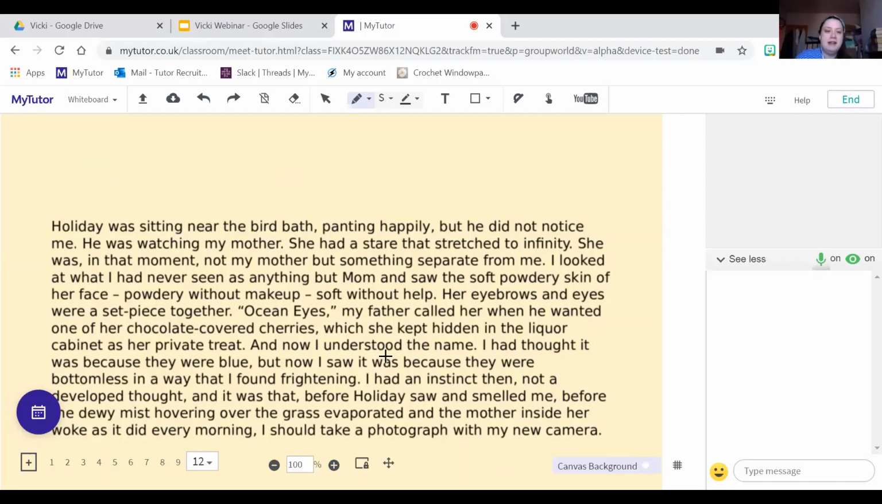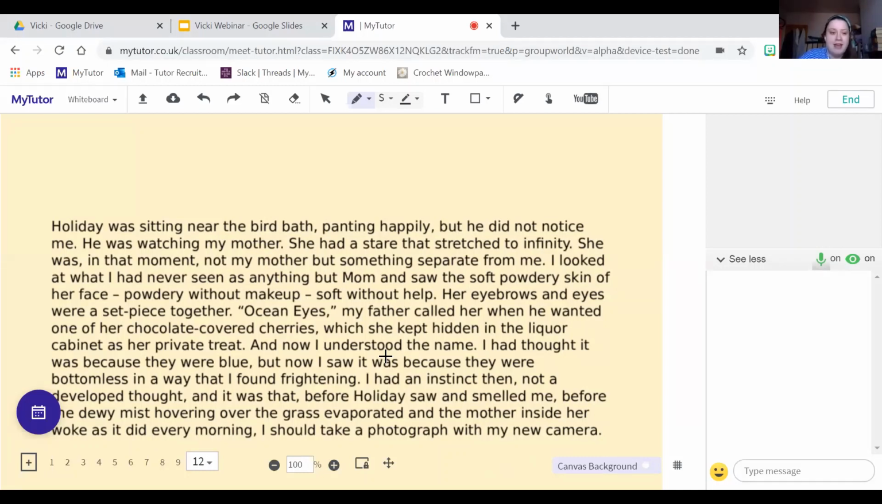Holiday was sitting near the bird bath, panting happily, but he did not notice me. He was watching my mother. She had a stare that stretched to infinity. She was, in that moment, not my mother, but something separate from me. I looked at what I had never seen as anything but Mom, and saw the soft powdery skin of her face. Powdery without makeup, soft without help. Her eyebrows and eyes were a set piece together. Ocean eyes, my father called her